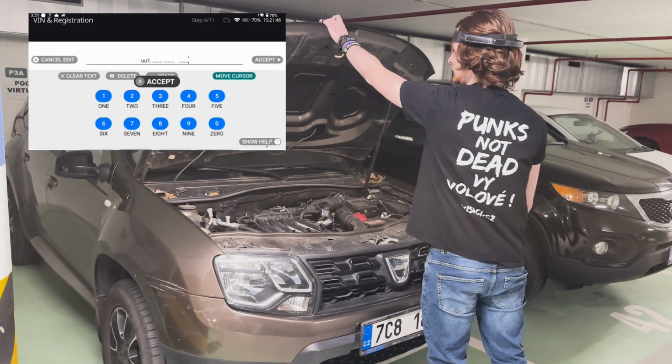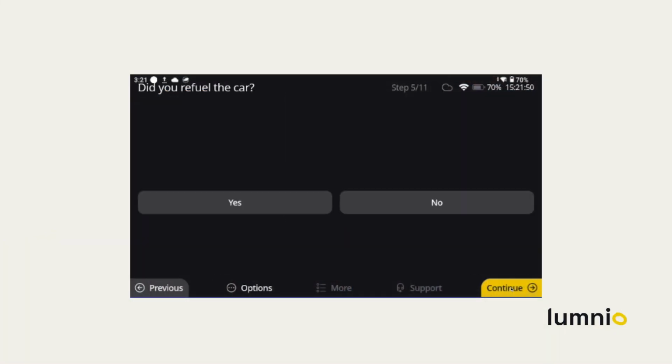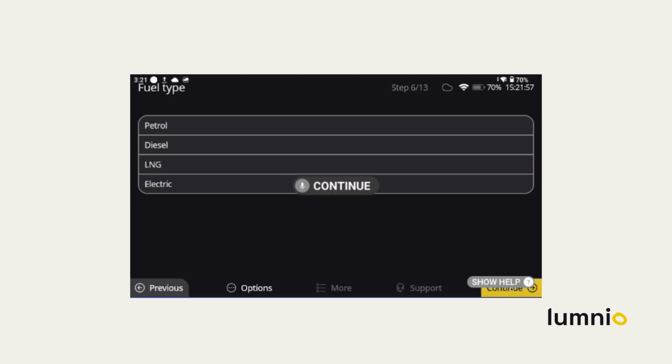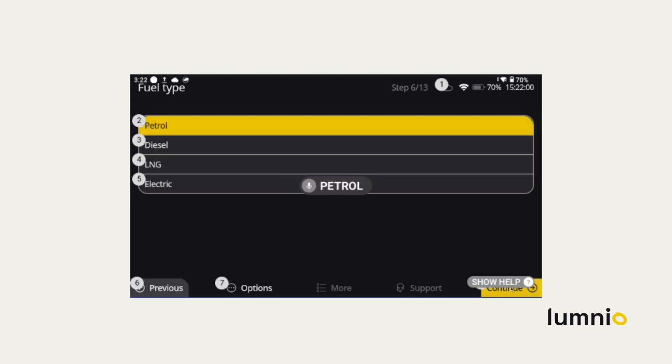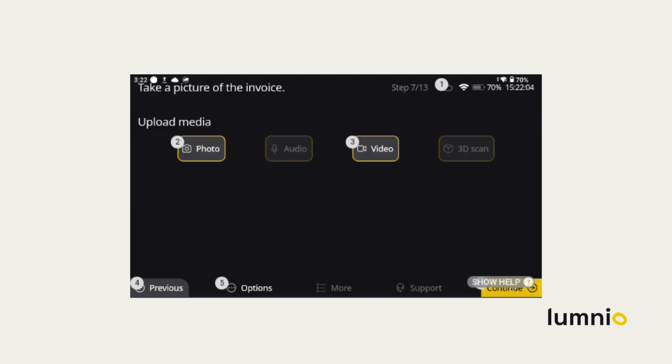Good, let's move on to the next step. We have refueled the car, so let's input that along with the fuel type. And now to scan the invoice, right? The only thing is, Vito left it on his table in the office, so we need to suspend the instructions